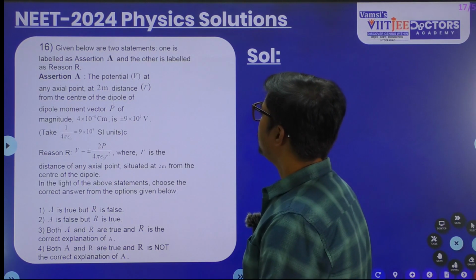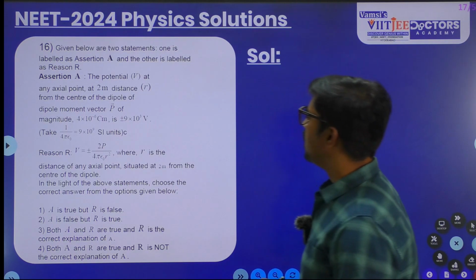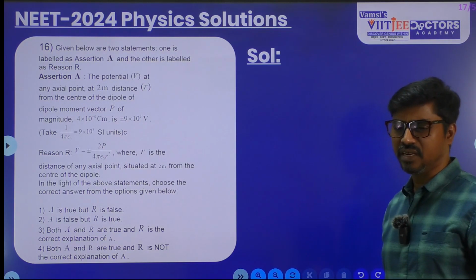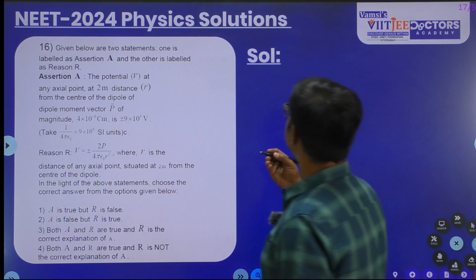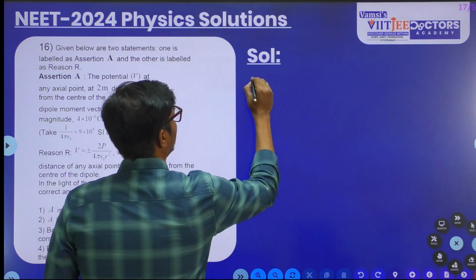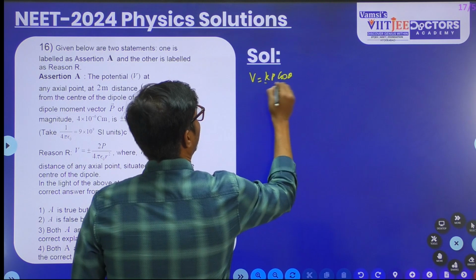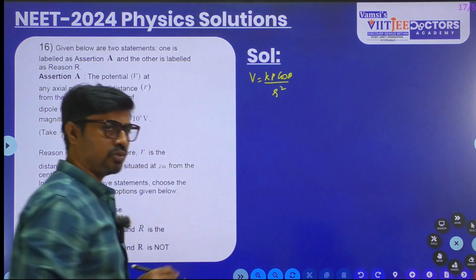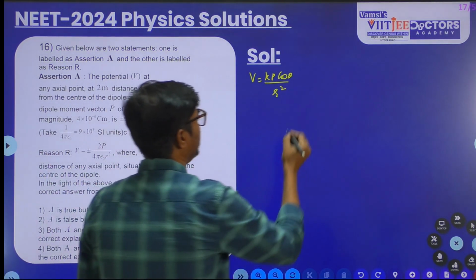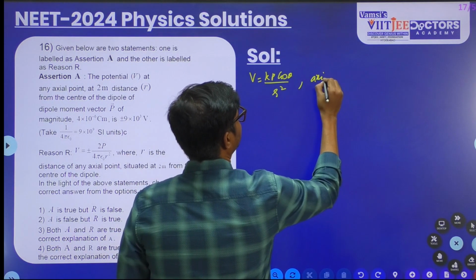Given below are two statements. One is given assertion and reason. This is also slightly on the lengthier side because you should know the potential due to a dipole. V equal to Kp cos theta by r square. This is the formula that you should know. Whenever you are considering an axial point